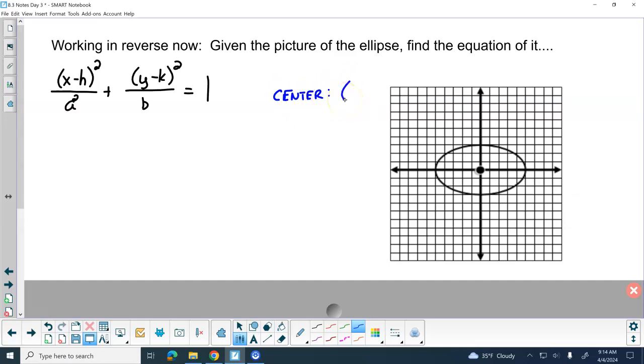In this particular example, where is the center? 0, 0. Okay? So it's at the origin. Which is good because